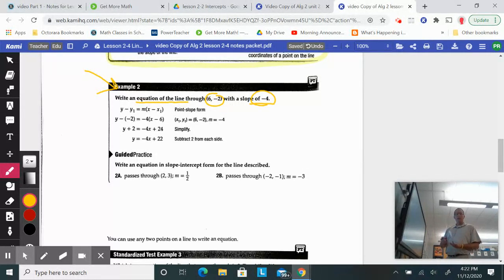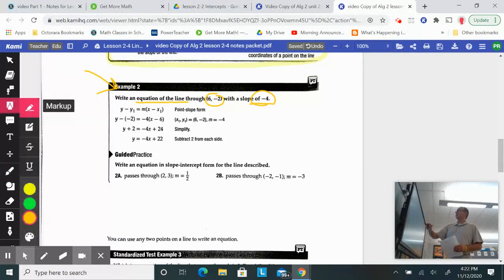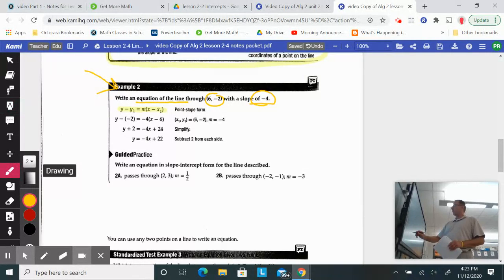Since you know a point and the slope, we can use what we refer to as point slope form. So if you substitute in the 6 where the x1 is, that's your x coordinate, and then the -2 goes in for your y1, so it's a negative, so it goes inside parentheses, and then you take your slope of -4